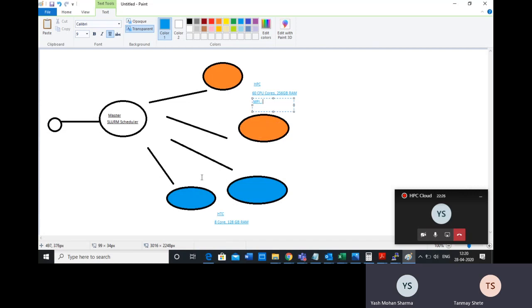Even here they can assign, like suppose you say you need 16 cores on HTC type of machines, then it can also combine these two machines. But there is a specific difference between joining these two machines versus joining these two machines. When you say I need to run 120 cores on the HPC, the infrastructure is built so that you will not feel like you are running on two different machines.